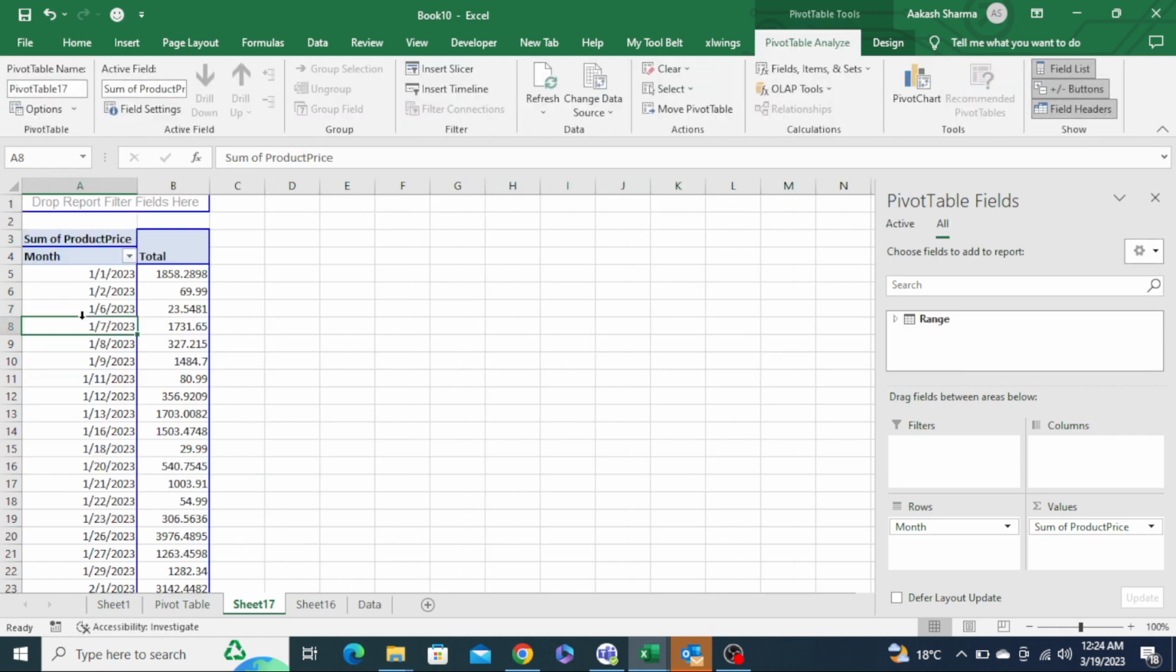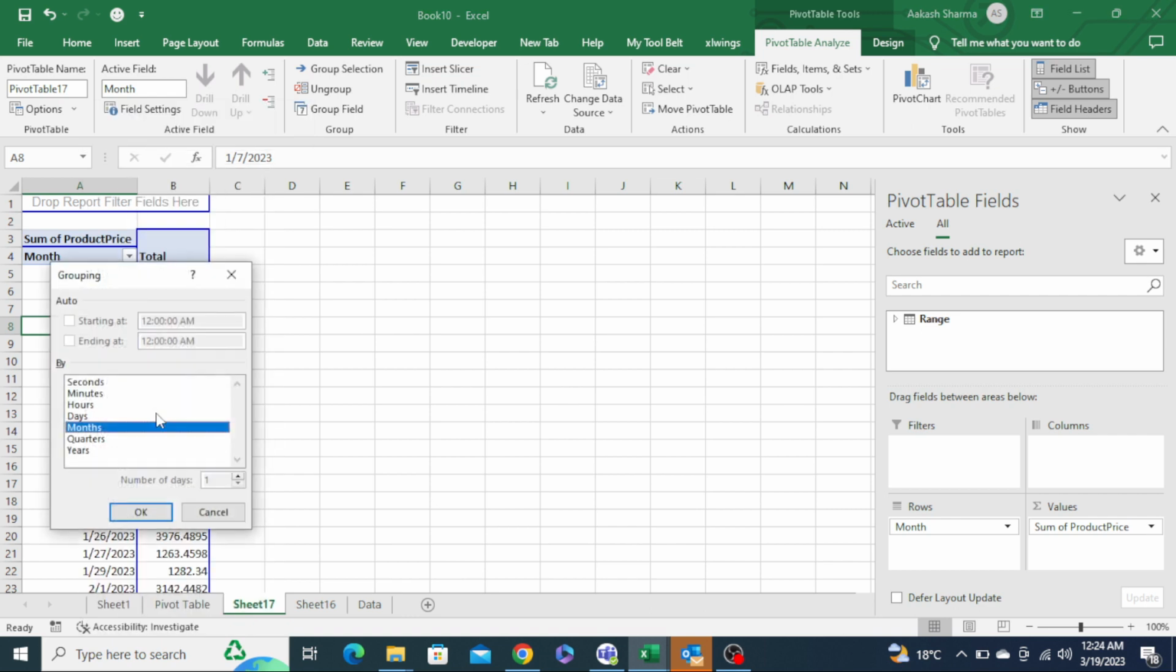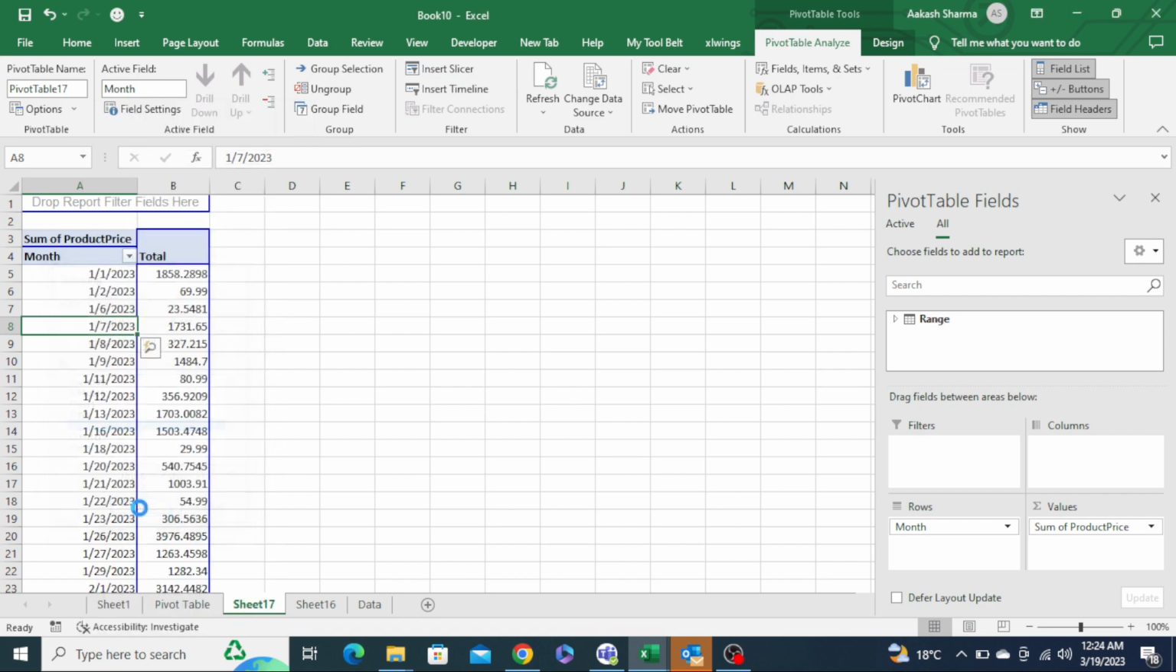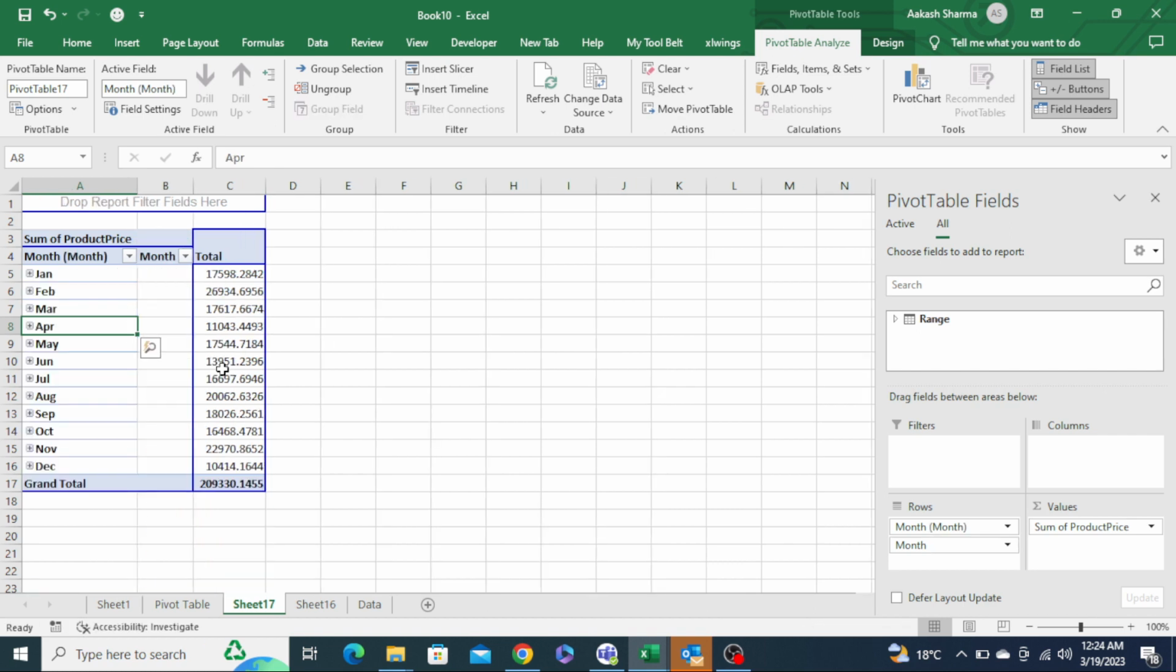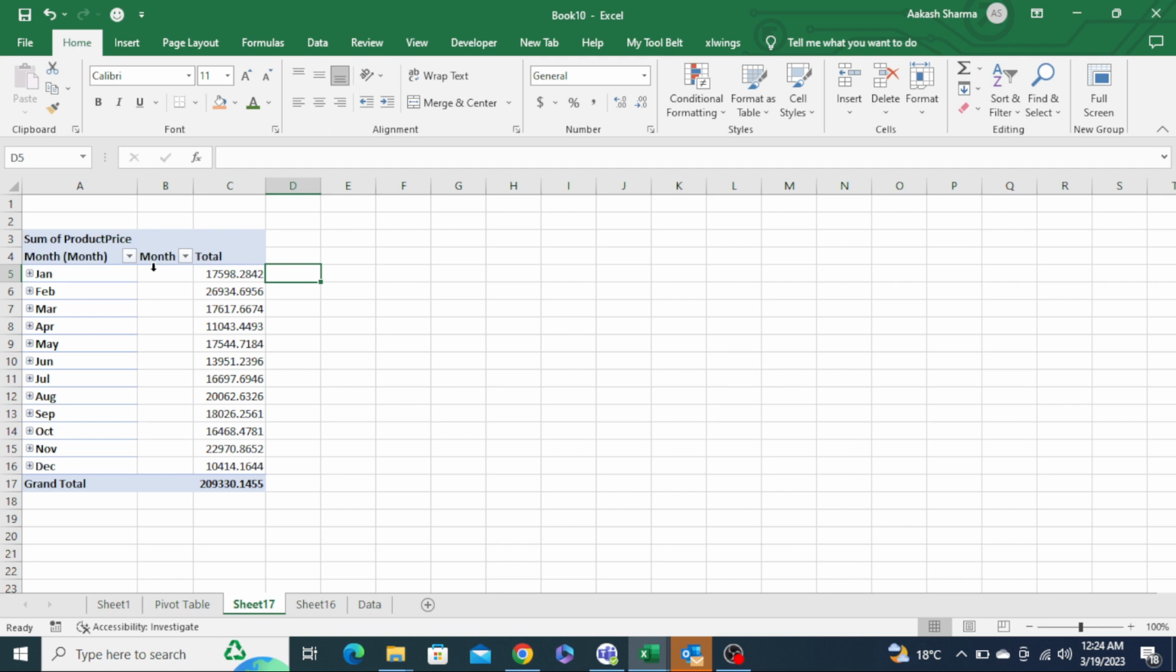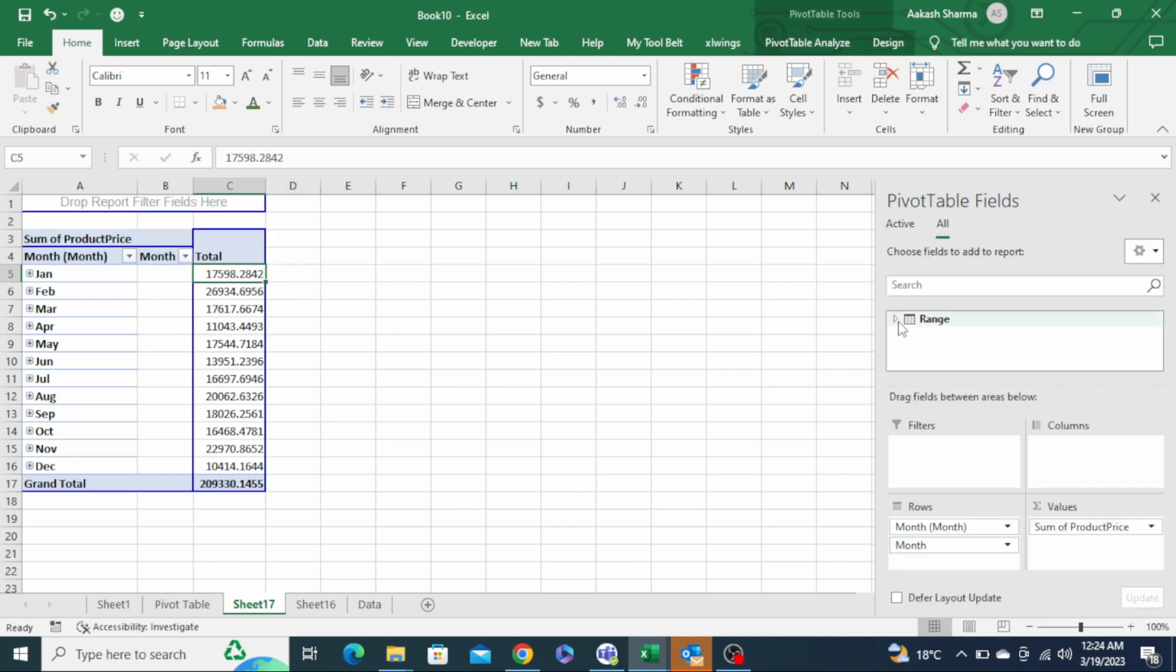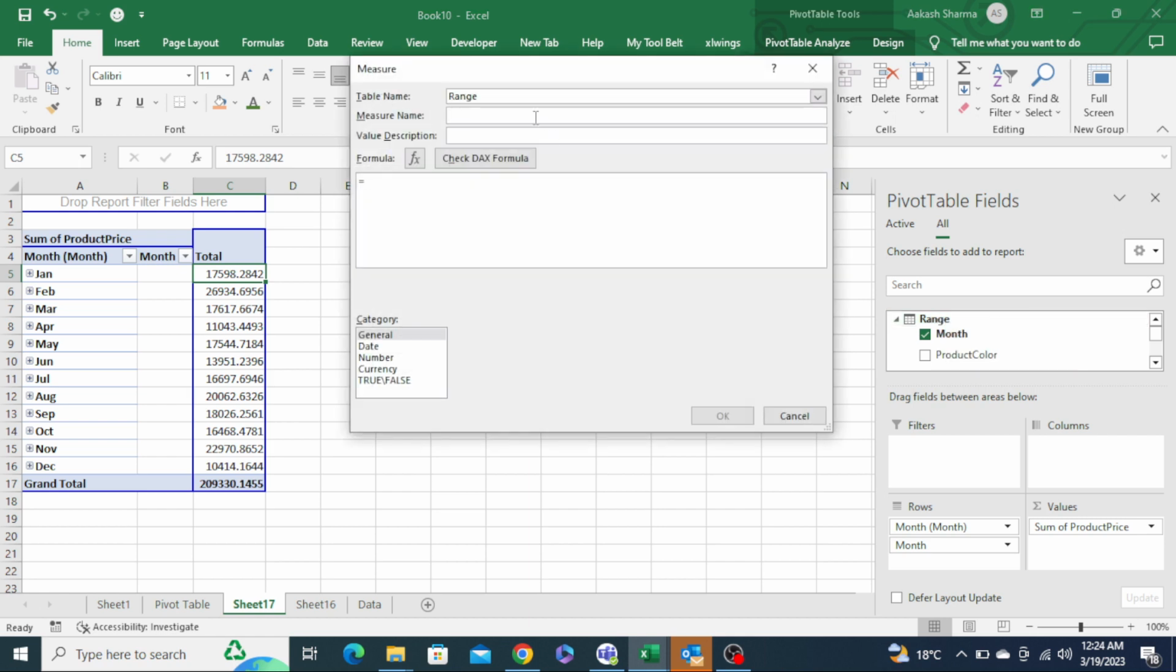Alright. Here I will group it first. Group it by month. Alright. Now I have to show the product colors beside the total. Here you have to right click, Add Measure. You just need to give your measure name. I am giving my name as products color. And in the formula bar, I need to write one DAX function